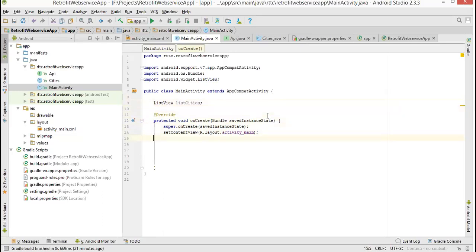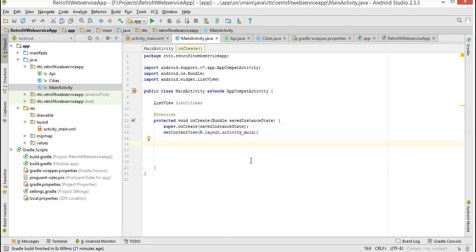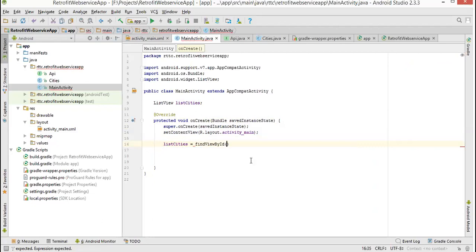Then I will access it from the XML to Java, because this is the Java ListView, but the XML list view I have given the same name with small letters. If you remember, you go to activity main. This is the list view. What is this? The listCities ID. So that only we are accessing here. listCities is equal to. Can anybody tell what is the method to access an XML element from Java? findViewById. That is a view. ListView is a list view. We are finding